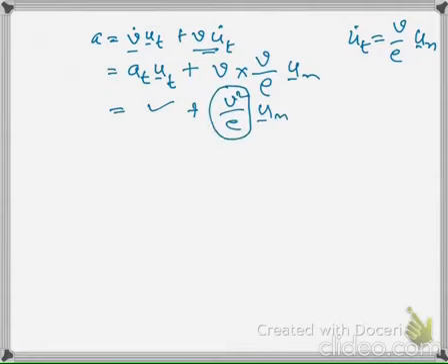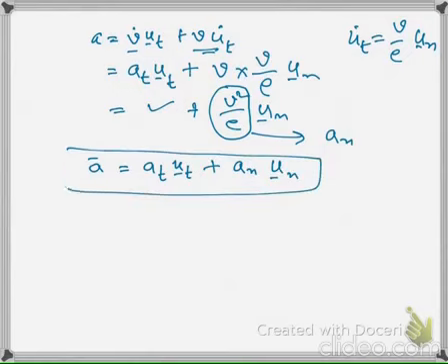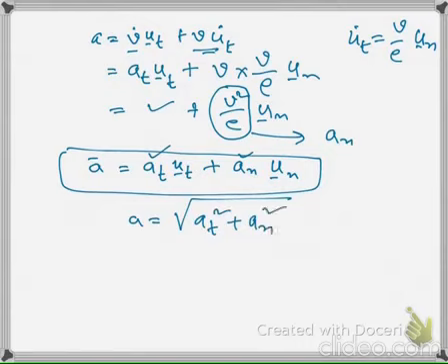If we assume that v square over rho is the normal component of the acceleration, an, we can write the acceleration as the summation of the tangential component times the unit vector ut plus the normal component an multiplied by unit vector un. So these are vectors, these are not vectors. So the magnitude would be the square root of at square plus an square,